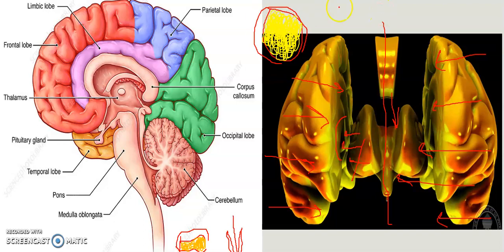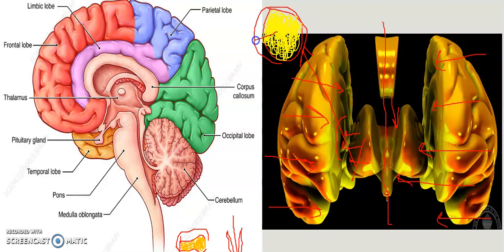And this view, I told you, can be seen when we take the cross-sectional view, when we cut it like this. This part is kept back and the cut area is this.